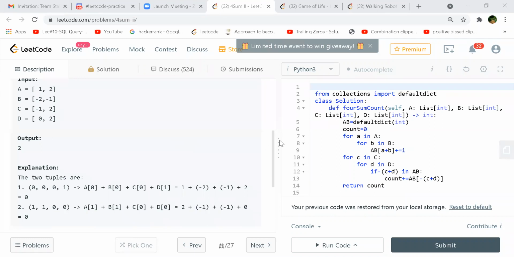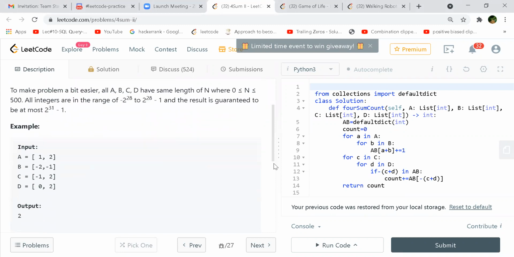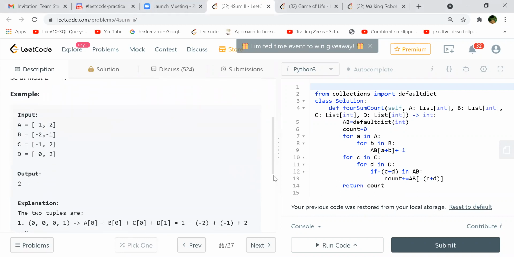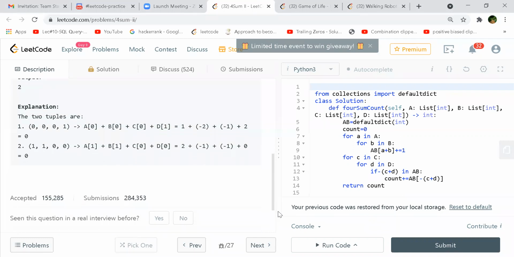True, so that really makes it a bit easier, right? I was wondering if the arrays were of different sizes, then it would be more difficult. Difficult in what sense? Like moving the indexes, something like that.